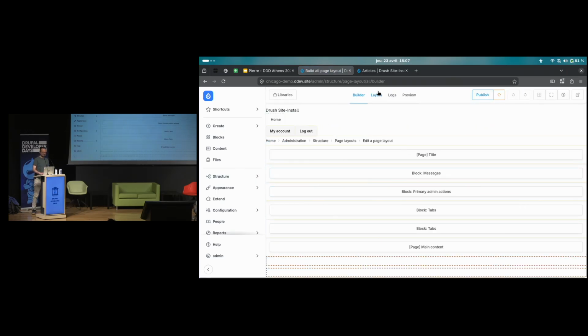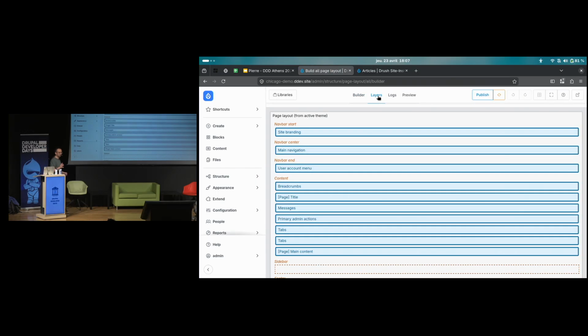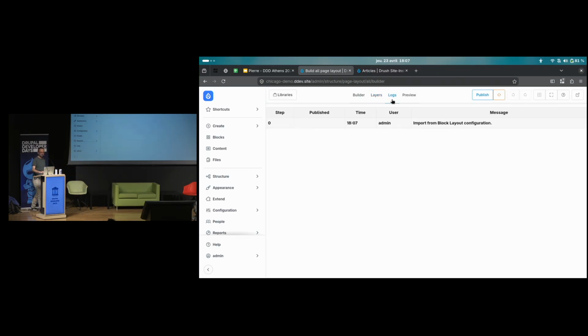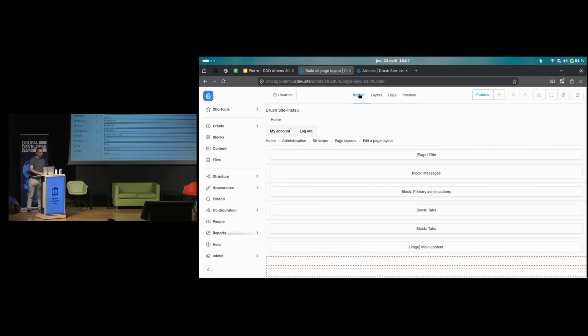Let's have a look at the layer. This is directly your block layout and your block config entities with the expected configuration. So you always start from what you already have. It was imported from block layout. Then you can start to play around.